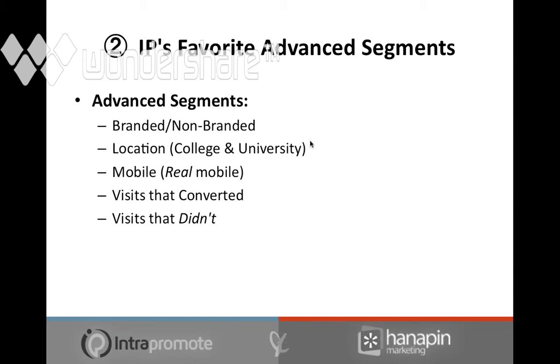Location is another one. This is especially helpful with some research we're doing for a university. One of the things we found is that there are 2 very distinct types of users. People who already go to this university. Hey, where's the calendar? Where's this building? When is tuition due? How do I get reimbursed for this? Okay, they know the school exists. They already go there. They have very specific queries associated with them,